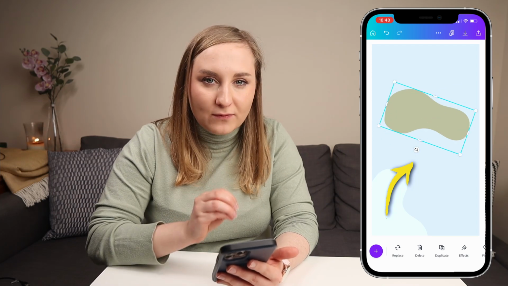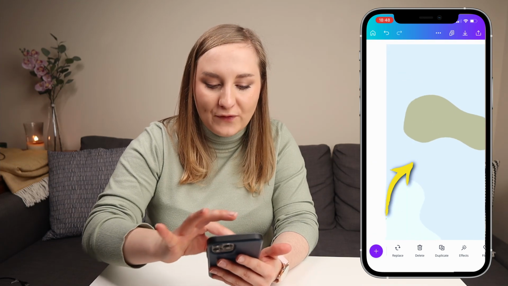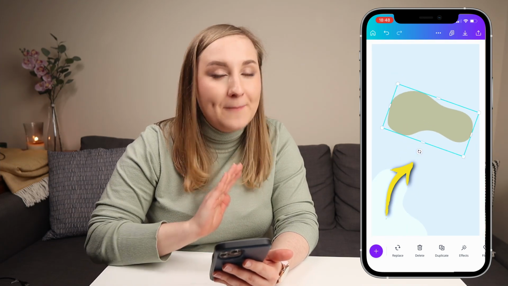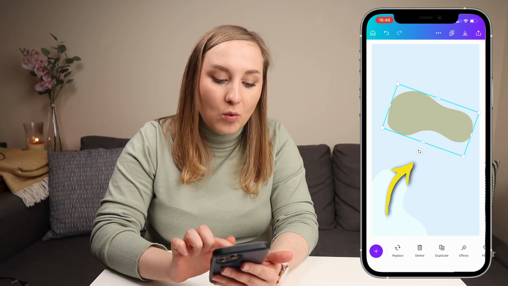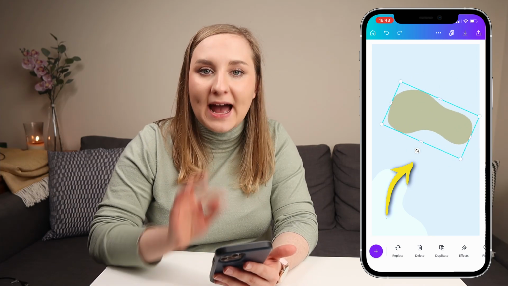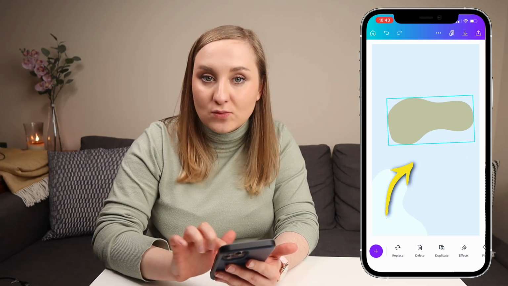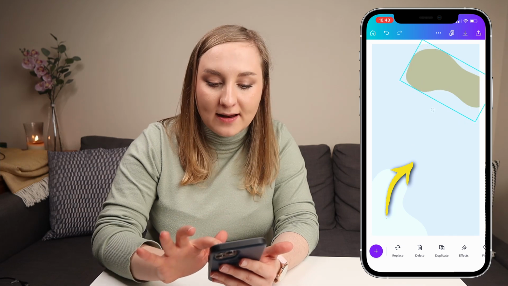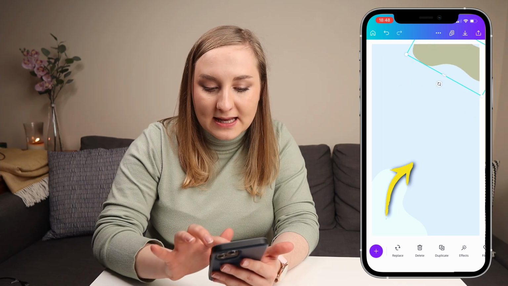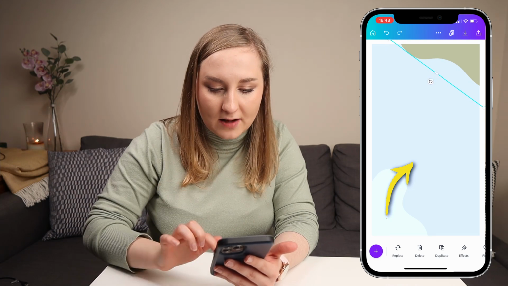And now our intuitive way of trying to rotate would be to kind of catch it with 2 fingers and try to rotate it this way. This is not how you do it in the Canva app. What you need to use is that little button at the bottom, which appears whenever you have that element selected. So these 2 arrows indicate that you can rotate it. And this is what you need to touch in order to do that. So I'm going to move it up like this. Maybe let's stretch it out a little bit, just like that, to create that little kind of element.